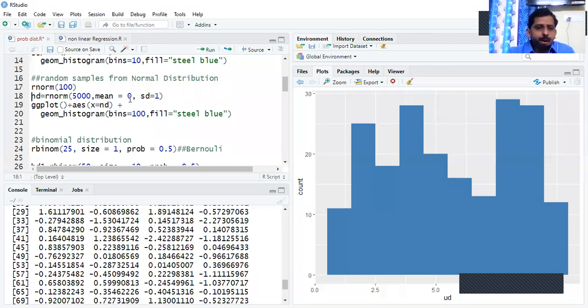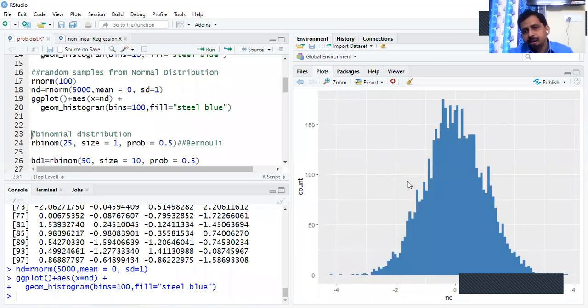Now, I'll show you one part, that we can specify some mean and standard deviation. Now see, this is the distribution of the generated samples, that it is mimicking the normal density. The majority of the points are centered close to the mean, a few are away from the center, and very few samples are at the extreme tail of the normal density. That is why, when we cut for one sigma limit, this is what we understand,